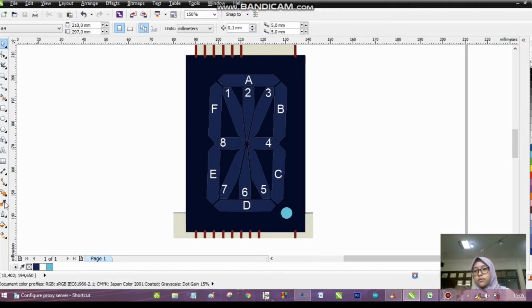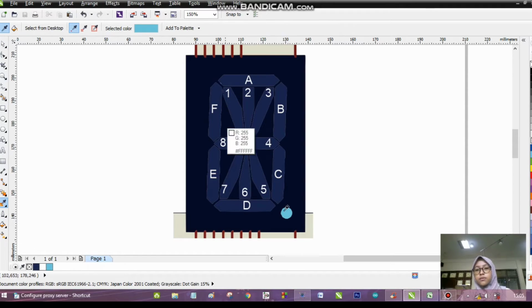So to display the letter P, the light is on and the truth table is written with the number